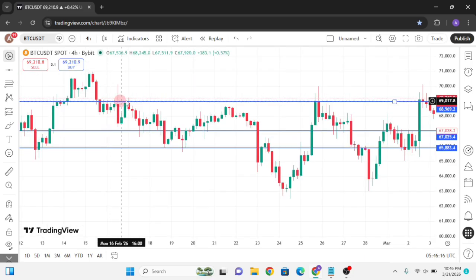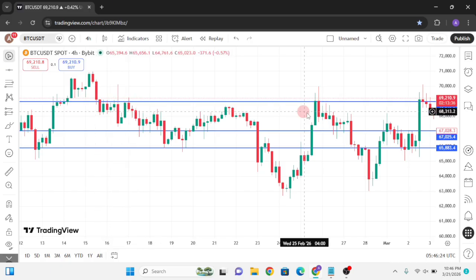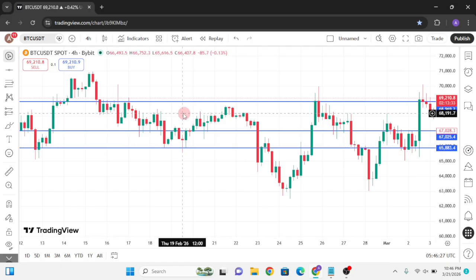The market is going sideways. There is no entry at this point, from here to here. There is no entry. Look at it, the market is moving sideways, sideways, sideways. There is no entry, not until you wait for the market to break resistance or support, which the market did